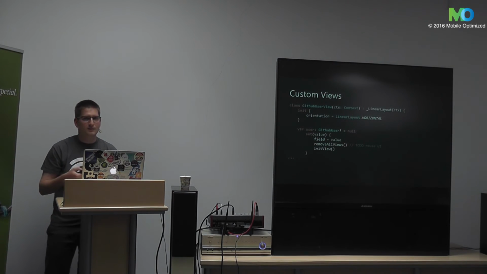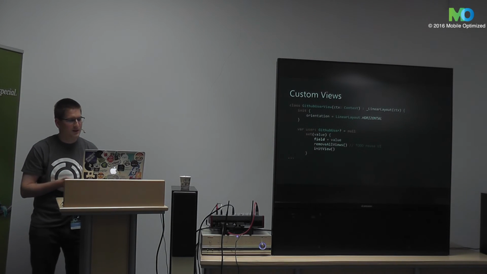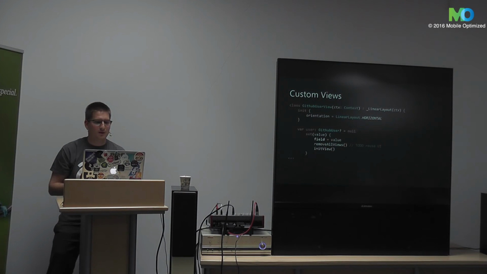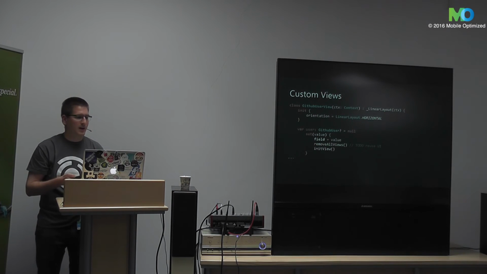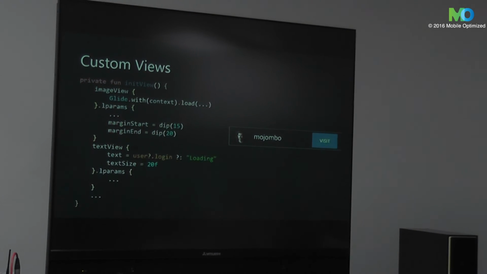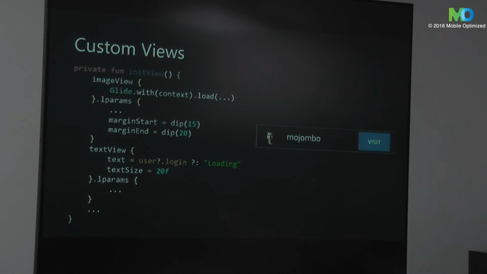So we can define our custom views. So let's create a GitHub user view, which will have only a picture and a name and a button here. We will use the GitHub user model and generate the layout when the model arrives. So the init view function defines the layout. So here again we define an image view, and then we immediately can initialize Glide, which is an image loading library, to download the image into our image view,